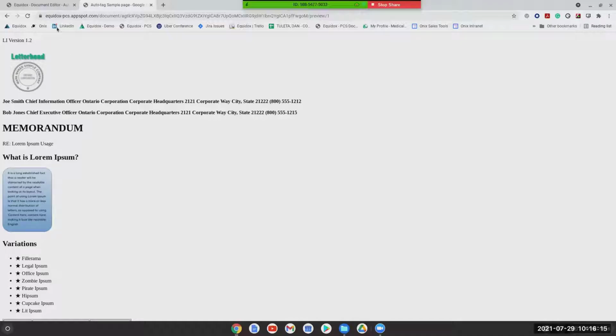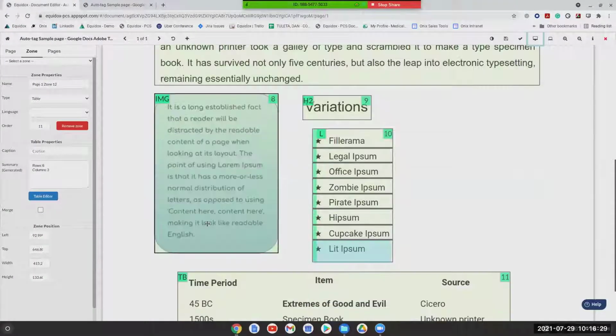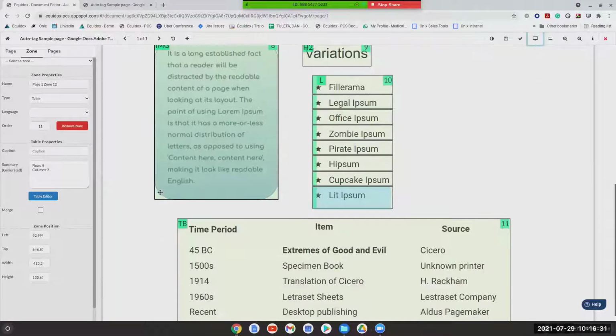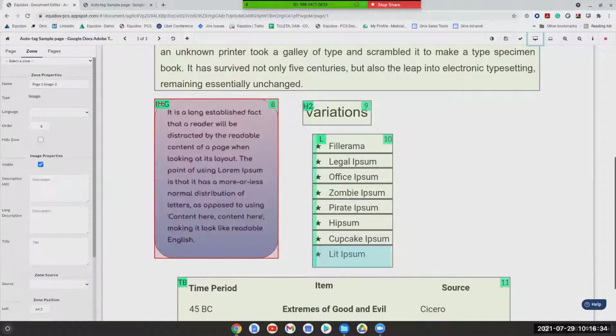Now we have a couple of things to adjust still. I want to set break lines for these contact informations for Joe Smith and Bob Jones. I also have this image here of text. If you can tell, this is just an image that has text inside of it. As it currently sits, this is not something that is readable or usable to a screen reader because an image is just an image. The screen reader does not know exactly what this image is. It is simply looking at this as a figure. It's called a figure tag, and what is inside of it is up to me, the remediator, to establish. Now I can visually see that this has text inside of it.